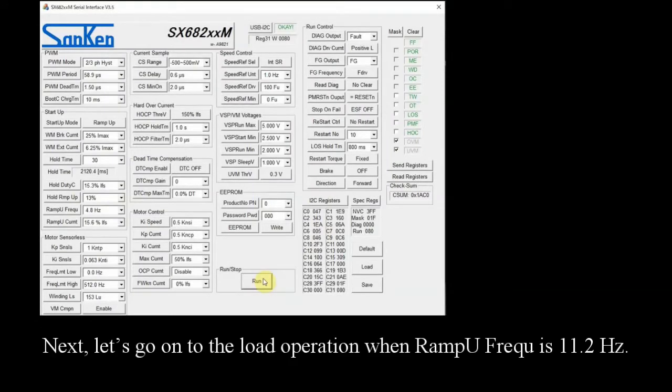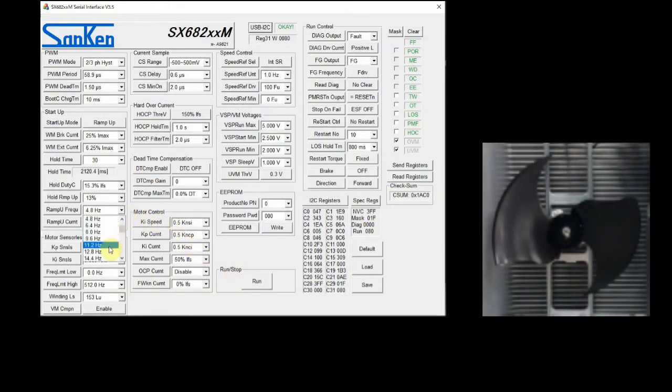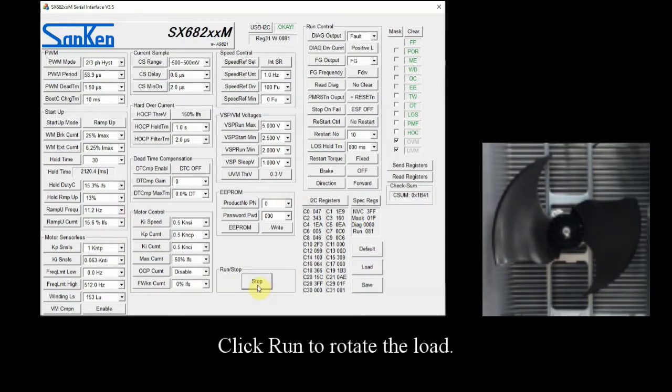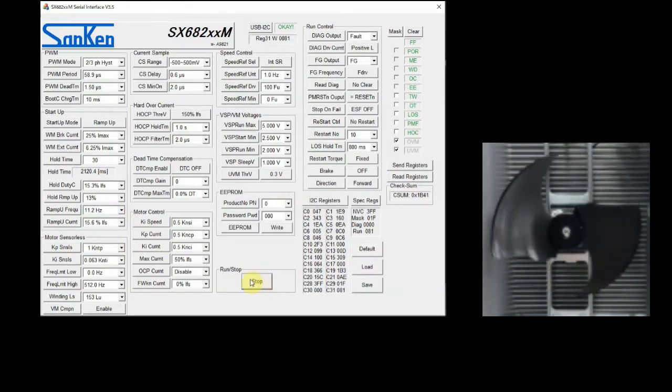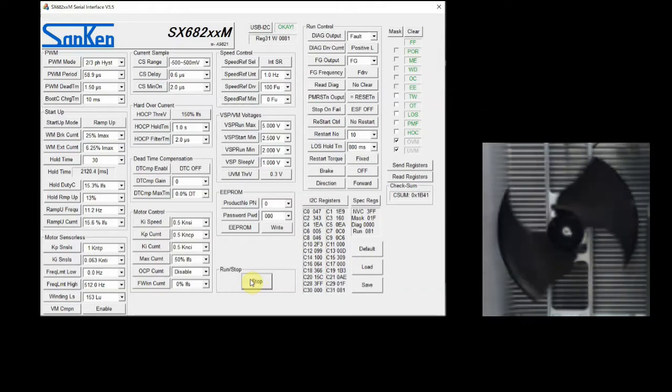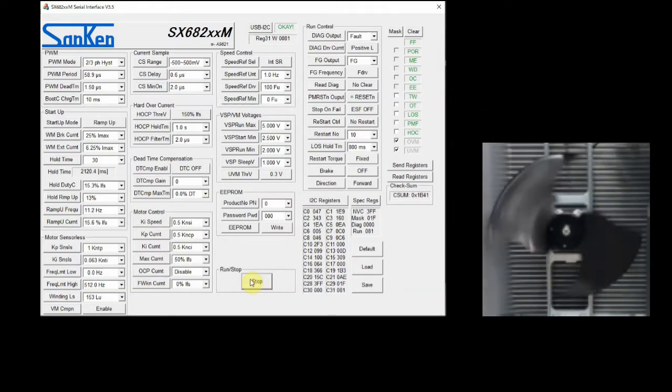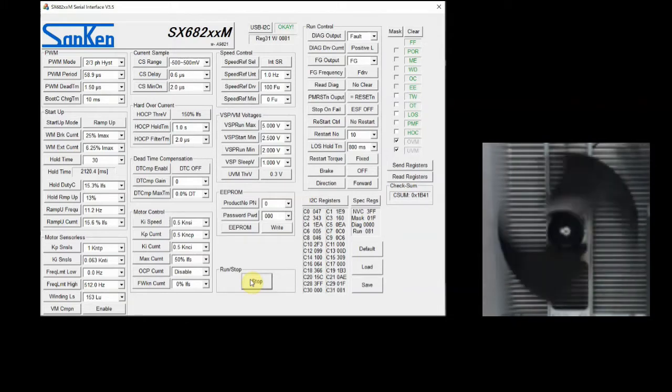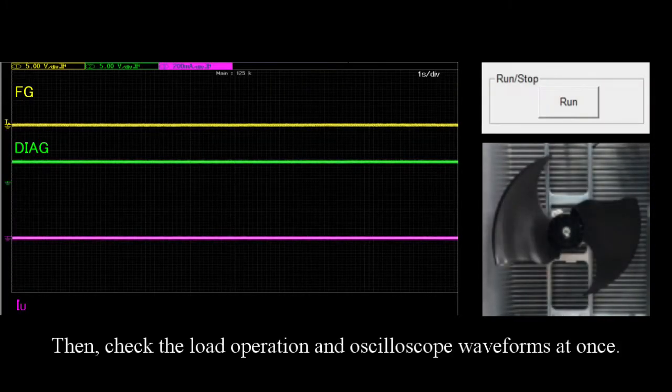Next, let's go on to the load operation when ramp-up frequency is 11.2 Hz. Click Run to rotate the load. Then, check the load operation and oscilloscope waveforms at once.